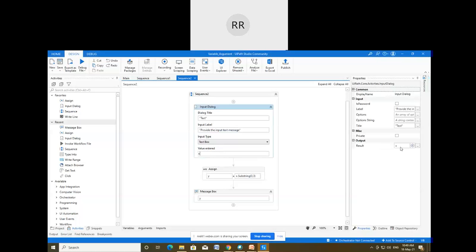You can see here in my case that the variable has been created in the result section also, this X, and again in the assign activity, here it is, we are getting the Y. You can also check, while launching UiPath Studio, whether you have selected the option of VB or C Sharp. Those are two, three things that you will check. Then your error will be removed.